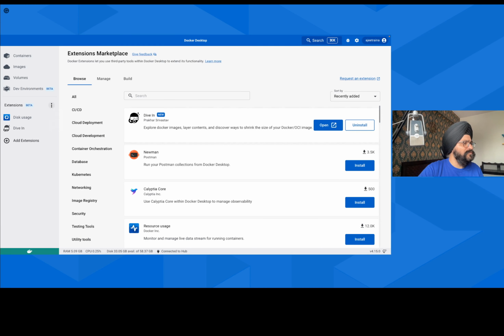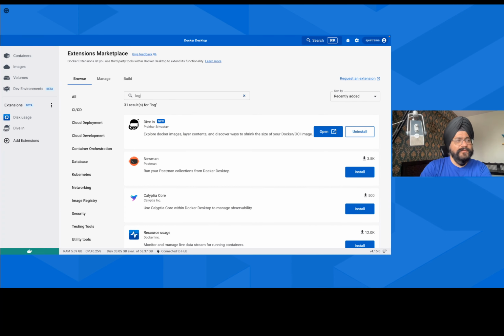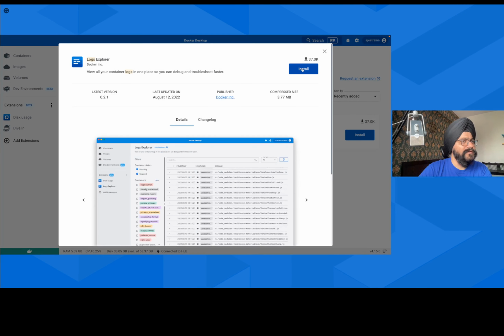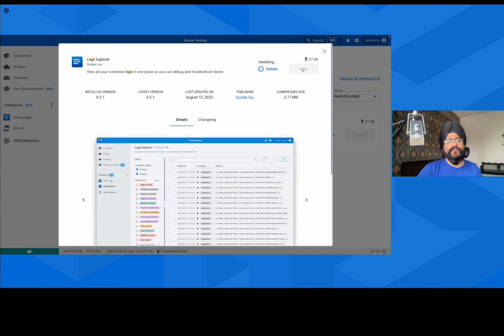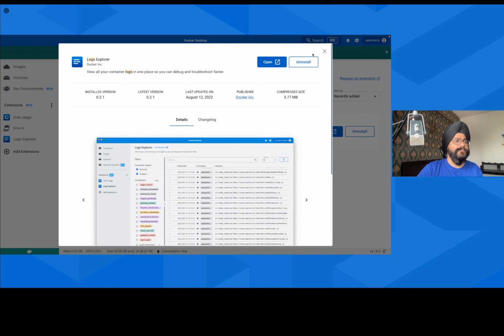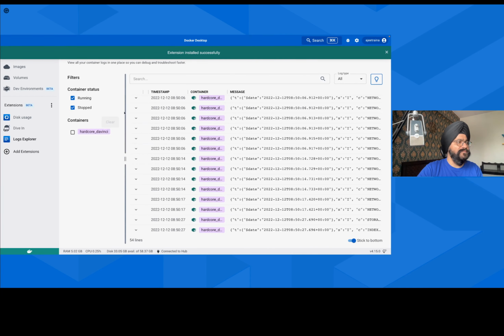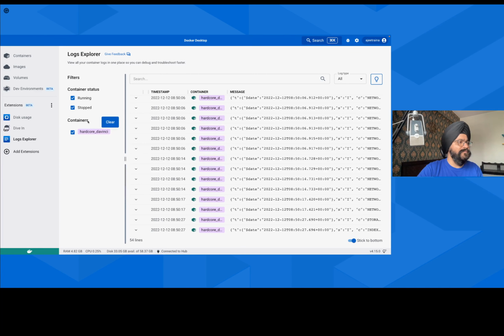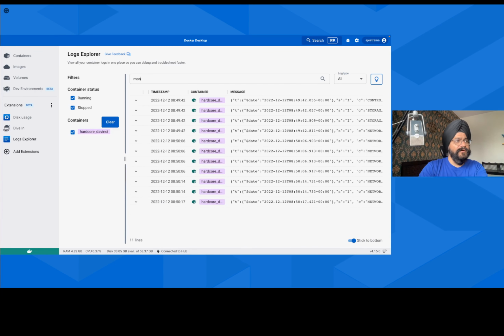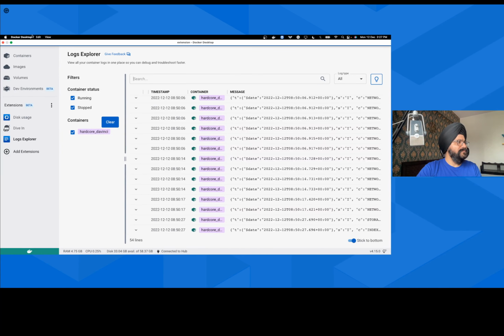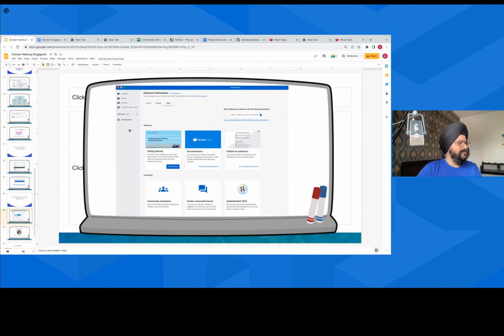Now, one of the most popular extensions, which I have been using heavily, is Logs Explorer. I can install Logs Explorer, and it shows me all the running and stopped containers, their logs, and all the details right on top of your Docker dashboard. So if you see here, I have one Mongo container running, and it will show me all this information about the logs. I can also filter them by terms and so on. With this, we are done with this section on